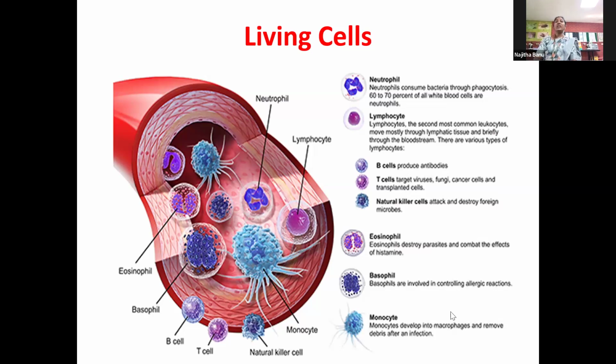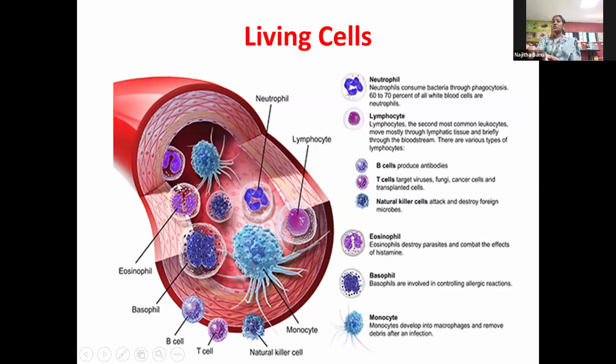There are two main categories in the WBCs. What are the two main categories? One is granulocyte, another one is agranulocyte. Here you can see some of the images look like a purple color. Inside, you can see this is the nucleus part. The outer surface we call the cytoplasm. In some of the cells, some minute granules are present, but some cells you can see without granules. So the two main categories are granulocytes and agranulocytes.